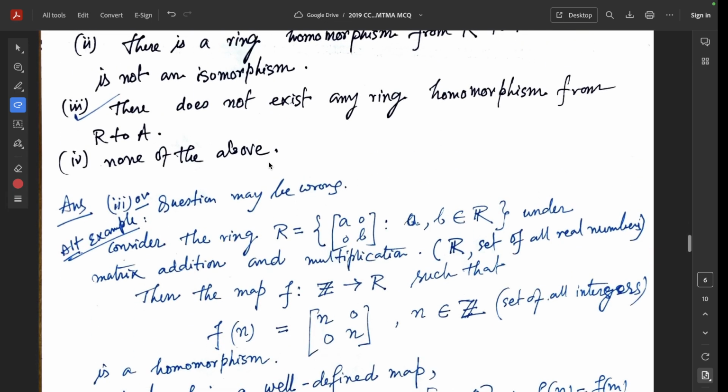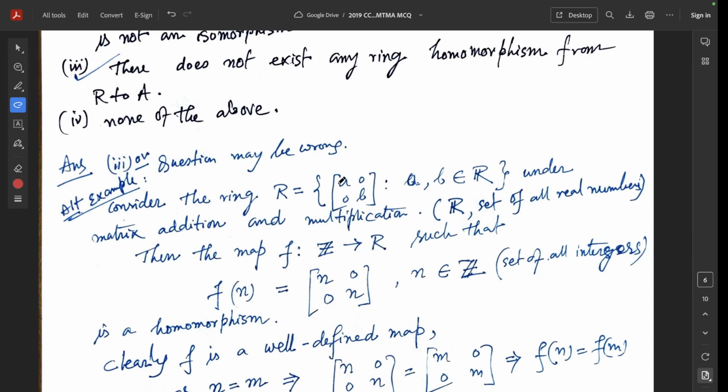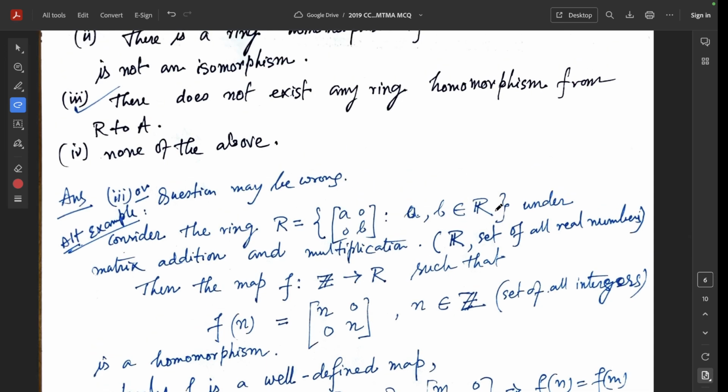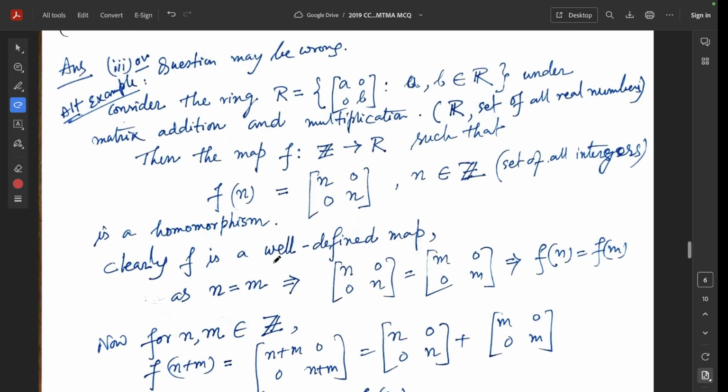Alternative example, consider the ring R of matrices [a 0; 0 b], where a, b belong to the set of real numbers, under matrix addition and matrix multiplication. And then the map f from the set of all integers Z to ring R, this R is a ring and this bold R is the set of real numbers, such that f(n) equal to [n 0; 0 n], where n belongs to the set of all integers Z, is a homomorphism,